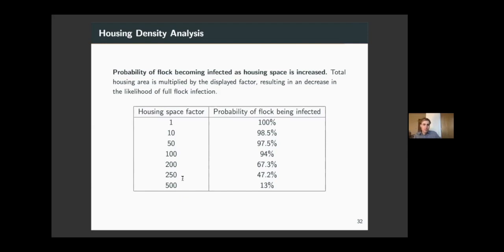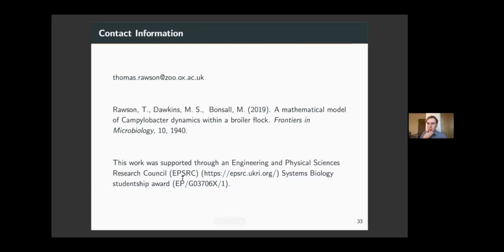So basically, that's the end of the main point I want to talk about from the model. And I'd urge you, if anything you've heard here has sparked an idea in your head and you think, well, I'd like to use the model to test this out, but maybe you're not quite so mathematically savvy, please do get in contact at any point and we can query the model and poke it around and see what it does. There's my email at the top there, and there's also the reference for this paper if you want to jump into the equations yourself.